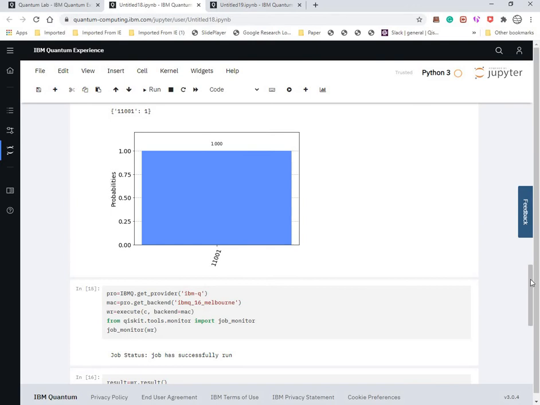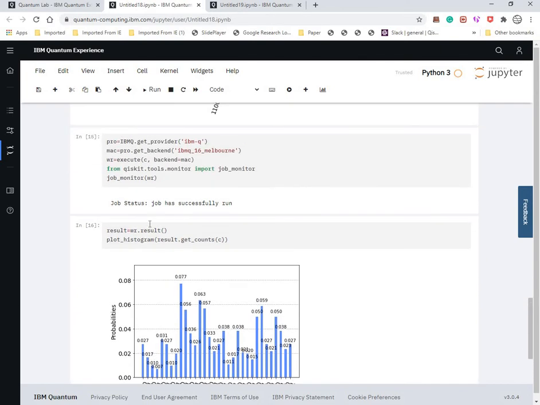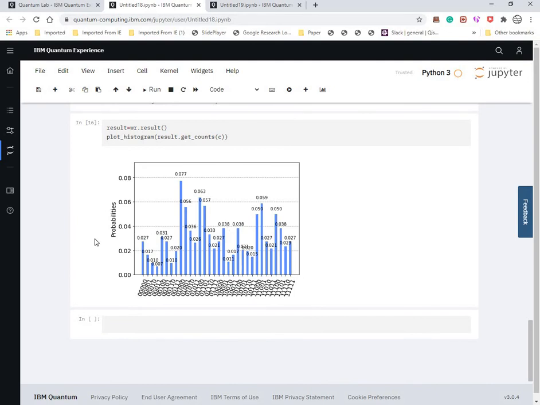That's a huge difference. But when we apply it on a real quantum computing device, we see a lot of outcomes, and this happens because we are in the NISQ era.